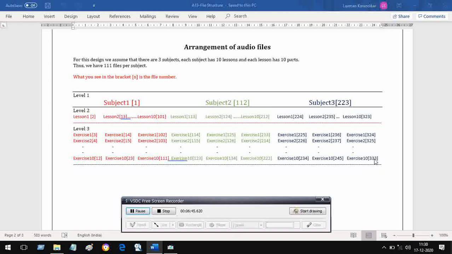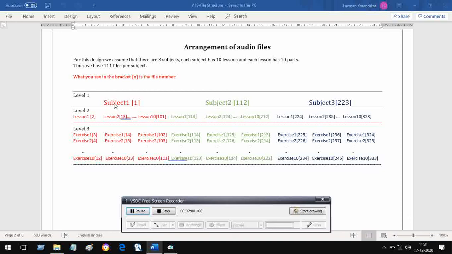You have only used 333, which is quite a small number, and there is tremendous scope for expansion. All you have to do is use a bigger SD card, and the maximum size can be 32 GB. So this is how the files are arranged.